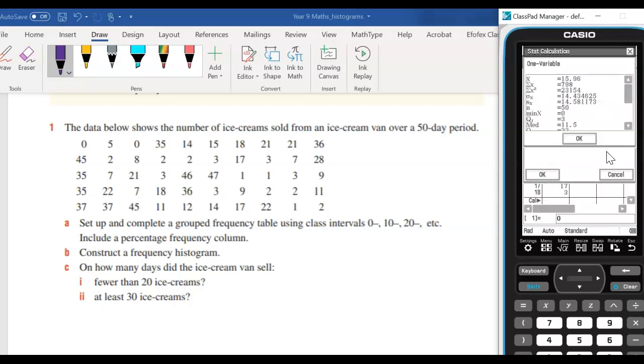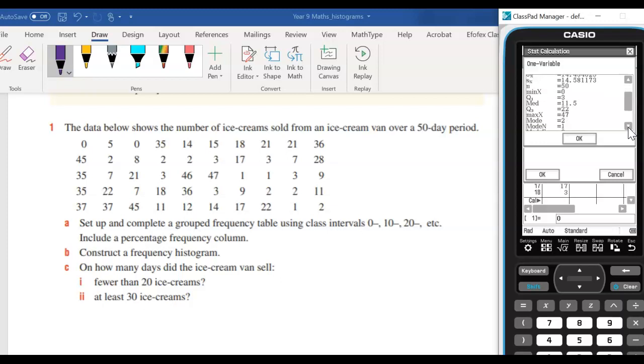All right, and here's our data. So remember we calculate the mean by adding all the values and dividing it. So imagine trying to add all of them together and then dividing it by 50. So there's your mean there, 15.96. You've got a lot of stats here. X bar is your mean, so 15.96. The other data you'd probably go through in future years, so I'm not going to spend too much